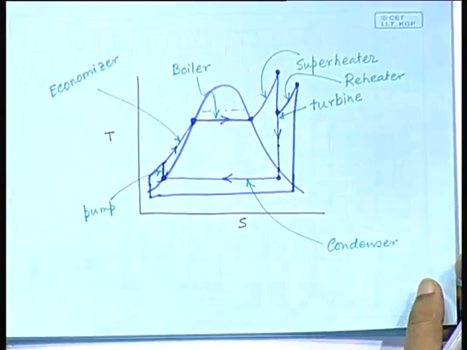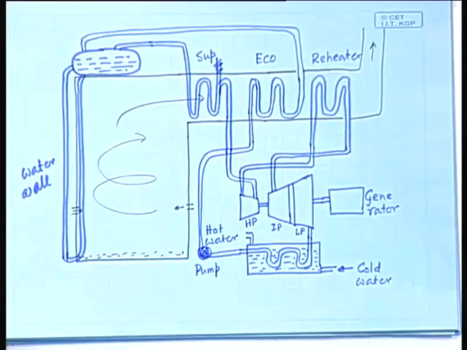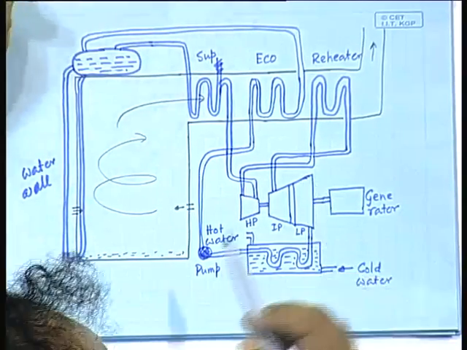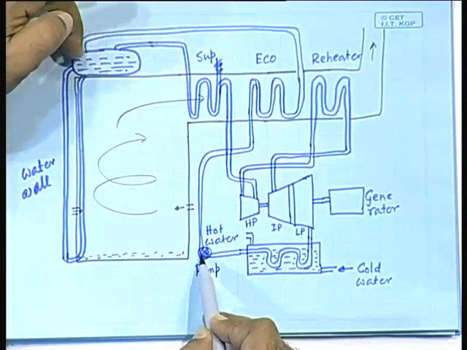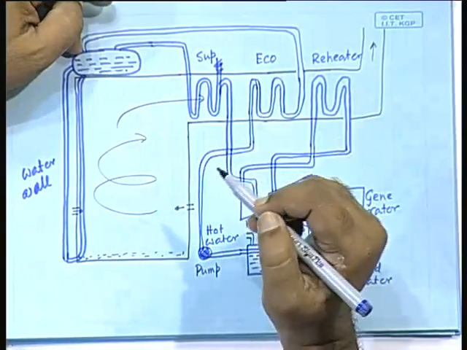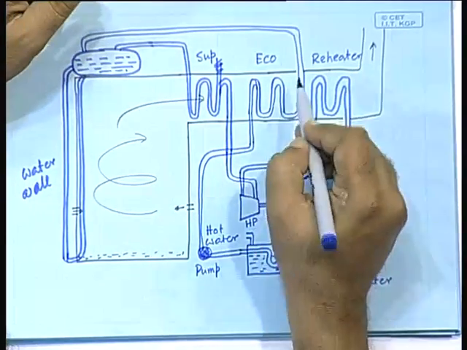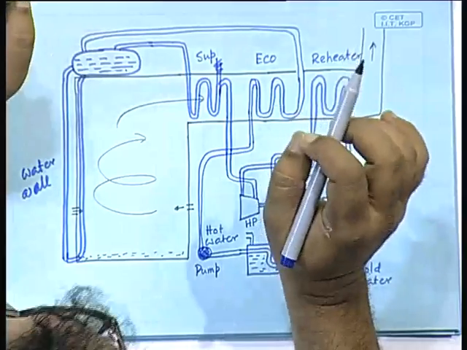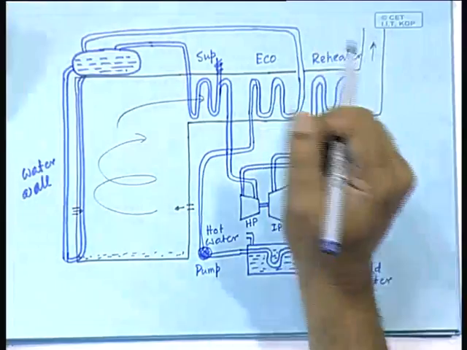There is one more thing that is mostly incorporated in modern power plants, that is, you can see here the heating of the cold water to this temperature is shown here to be entirely done in the economizer. As I told you, normally the economizer is placed later. Nevertheless, try to understand this. But in reality, a part of that process is done by a different means.